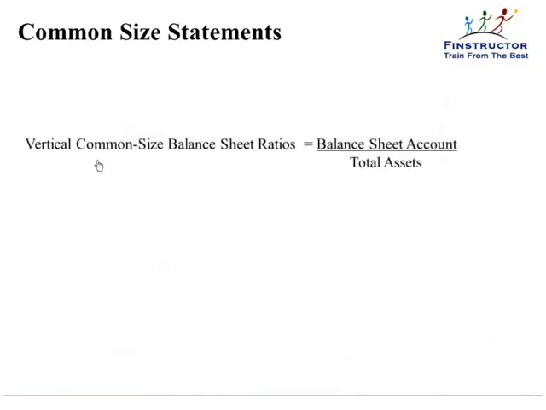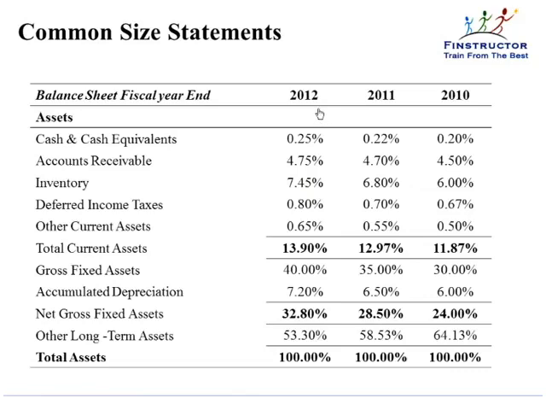Vertical common sized balance sheet ratio similarly is each balance sheet account divided by the total assets, or we can say the total liabilities plus shareholders' equity. That's the basic accounting equation. So we see for the year 2012, cash and equivalents are about 0.25% of the total assets, so not much cash that the company is holding. Receivables are about 5%, 8% inventory. Current assets are about 14% of the total assets. Gross fixed assets is 40%, net fixed assets is 32.8% of the total assets, and a big chunk of the